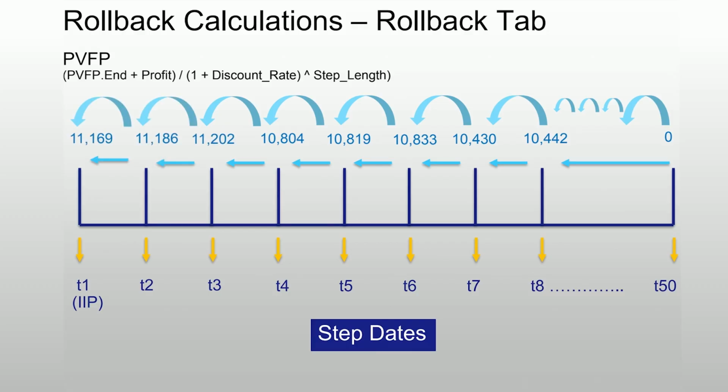Modeler calculates the rollback variables for a record after calculating all the step variables in all the projection steps for which the record is in force. Rollback variables are useful for calculations that rely on the values of variables in future steps. For example, we can only calculate the present value of future cash flows at each step after calculating the cash flows for all future steps. The initial value of a portfolio rollback variable is set in the initial value property. When calculating the present value of future cash flows, we can set this property to 0 or leave it blank.